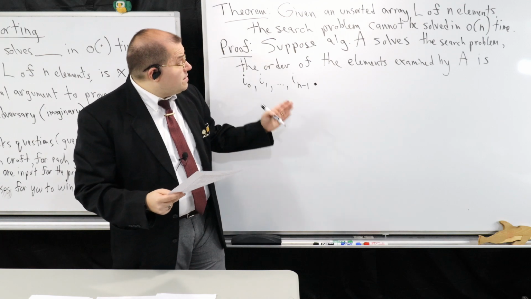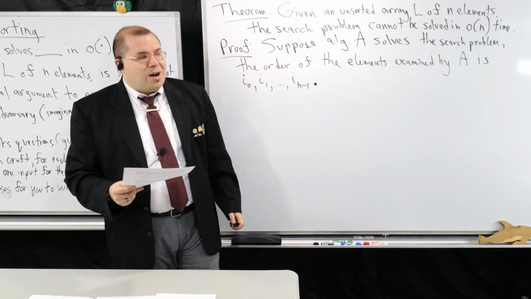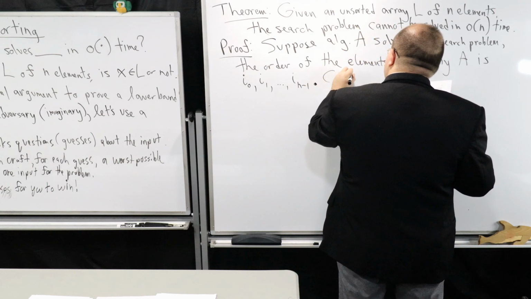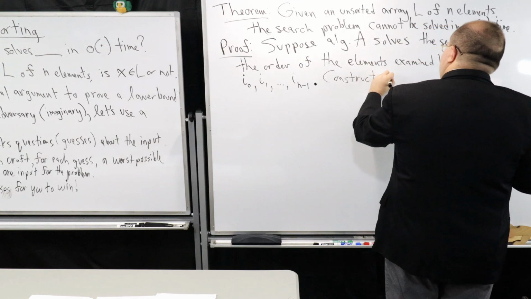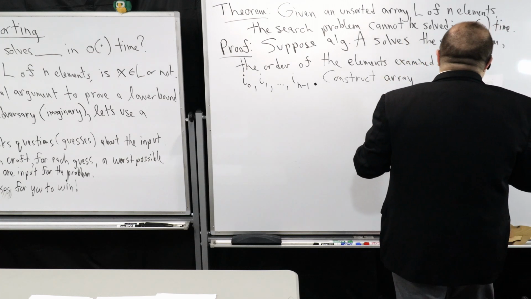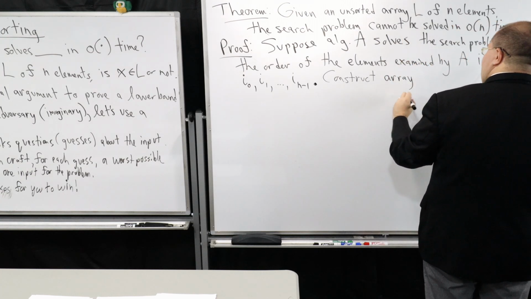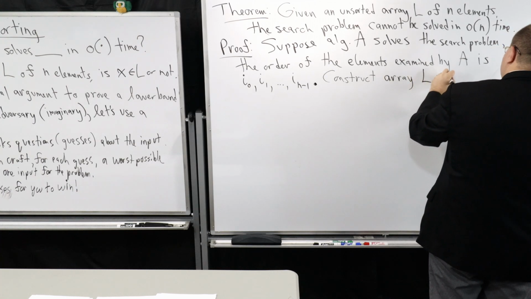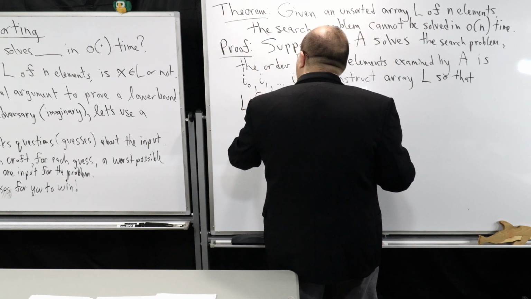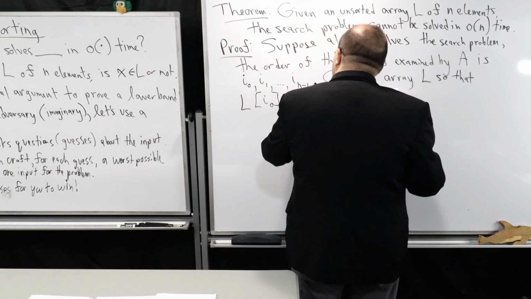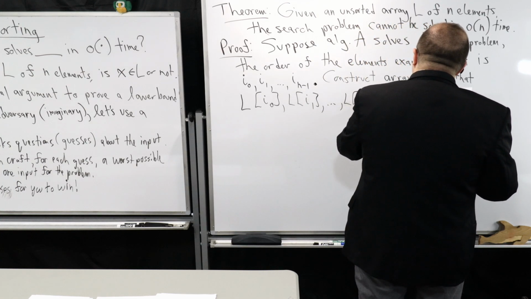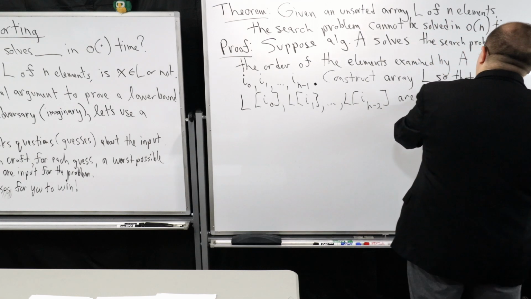And guesses in our case is examining an element in my array L. So I'm going to say construct array L. I'm going to play the role of the adversary, but you can always put in parentheses after this construct as an adversary, array L, so that L sub I0, L sub I1, all the way up to L sub I n minus 2 are all not